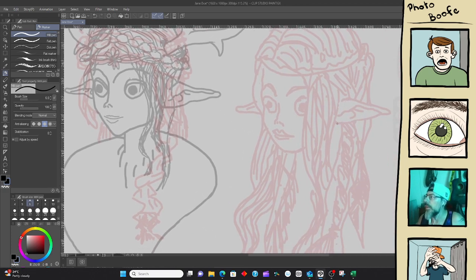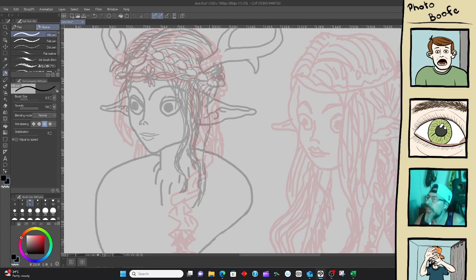I don't want this to be where the feather is, so if I turn this into like a dreadlock situation.